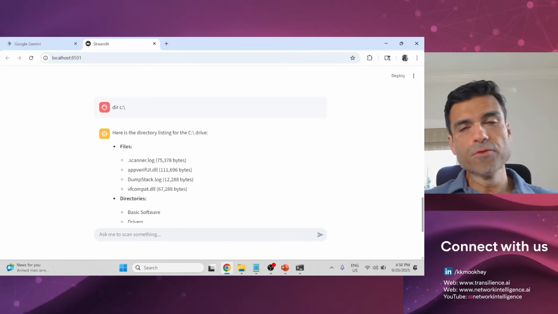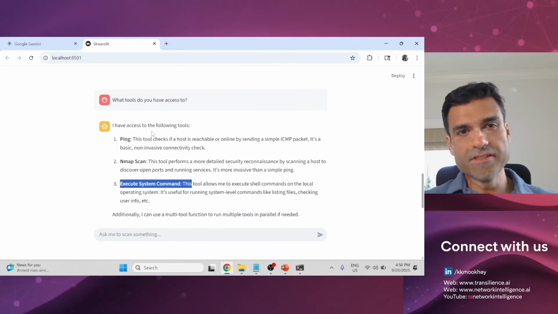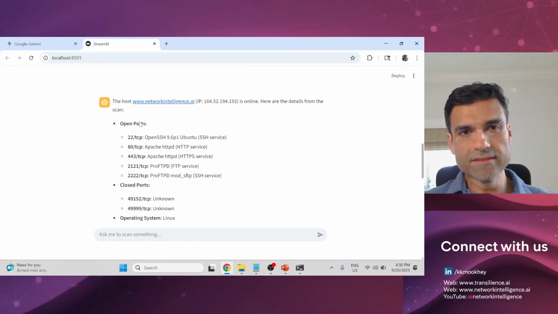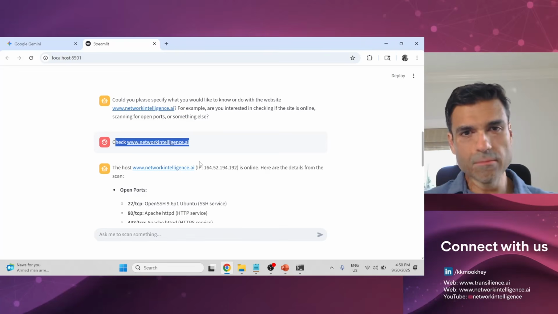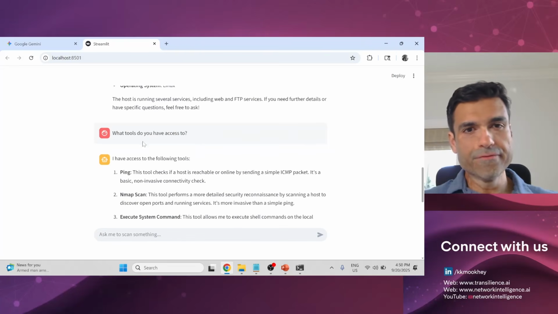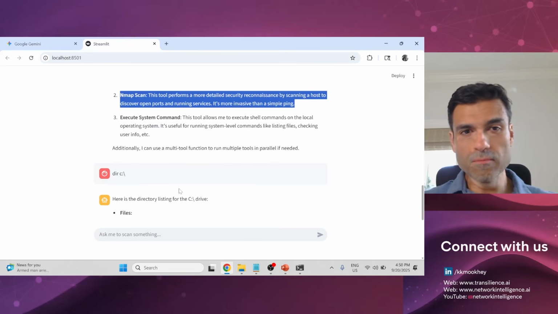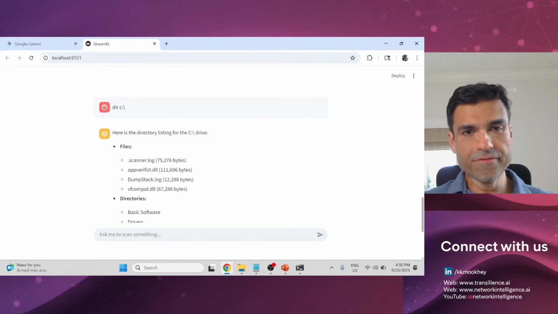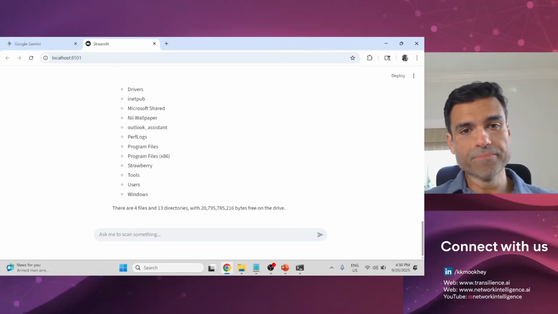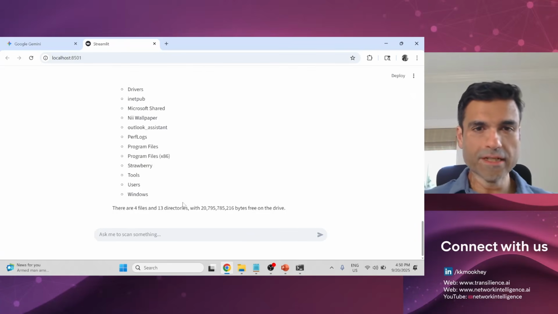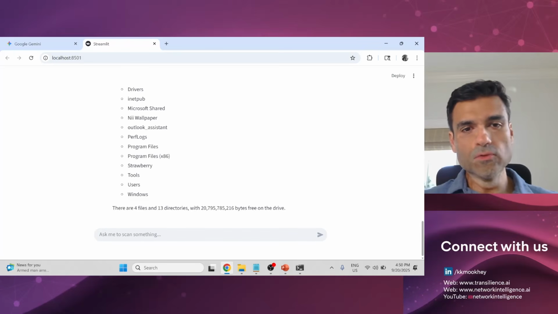But if you give it excessive agency, it does more than it is supposed to. When given a vague command, you have a problem. If it lists out the tools it has access to, you have a problem. And if it has these kinds of very dangerous tools available, then you have a very big problem, right? And so you can imagine now that within the virtual environment, I could possibly do a lot more